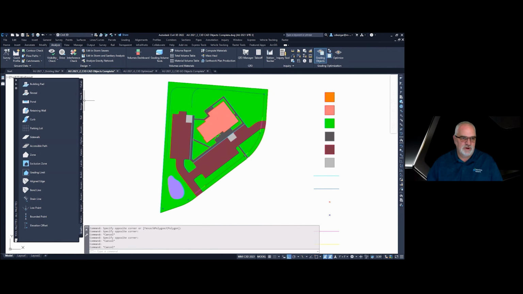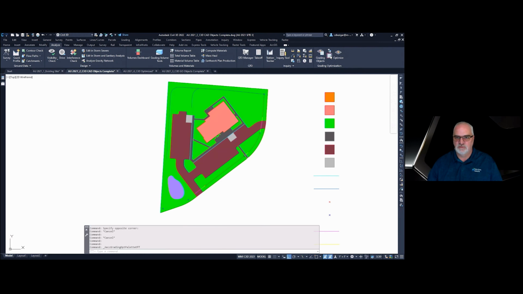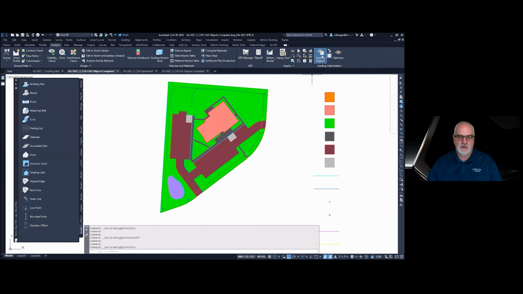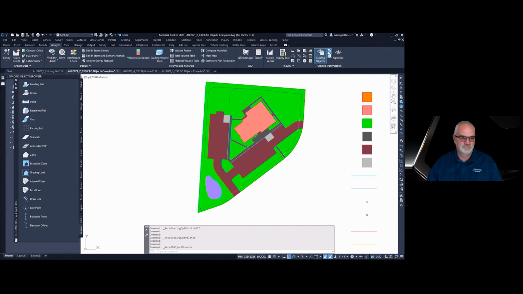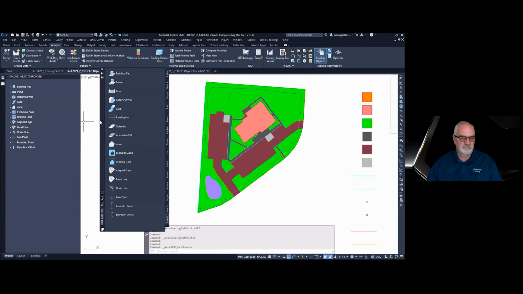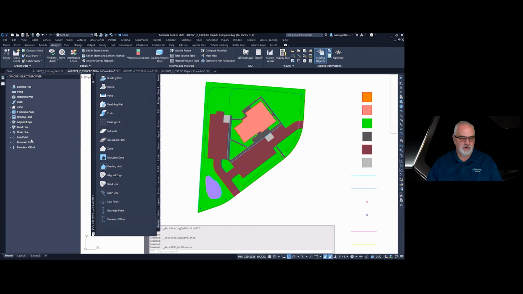GO in Civil 3D, you apply the grading objects, and those can be found on the Analyze tab here under the Grading Optimization panel. And then the grading object tools are right here, so this button right there. And there's also a grading object browser that you can use to see which objects are currently in the drawing.